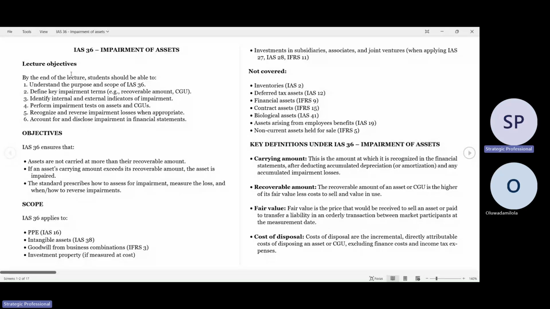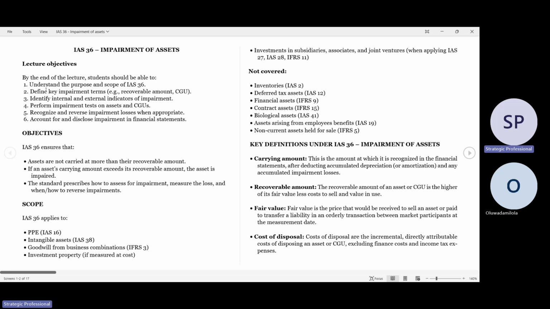Class, we'll be talking about IAS 36, which talks about the impairment of assets. And before we start, we have objectives or goals that we want to achieve regarding this standard, because this standard is actually one of the most tested standards in the ACCA and even ICAN. So at the end of the lecture,